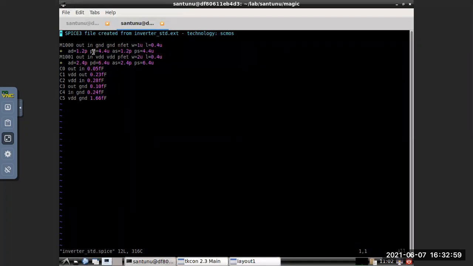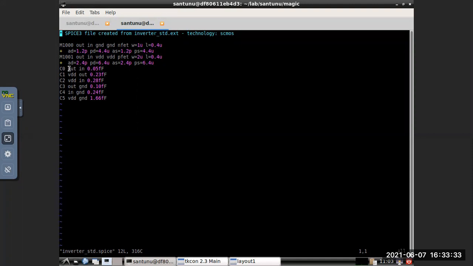Similarly the perimeter is 1.2 plus 1.2 plus 1 plus 1, so it's 4.4. Similarly AS is 1.2 pico and PS, the perimeter of source, is 4.4 micron. For PMOS we have taken 2 micron, so the area and perimeter of drain and source are calculated similarly. Clear?